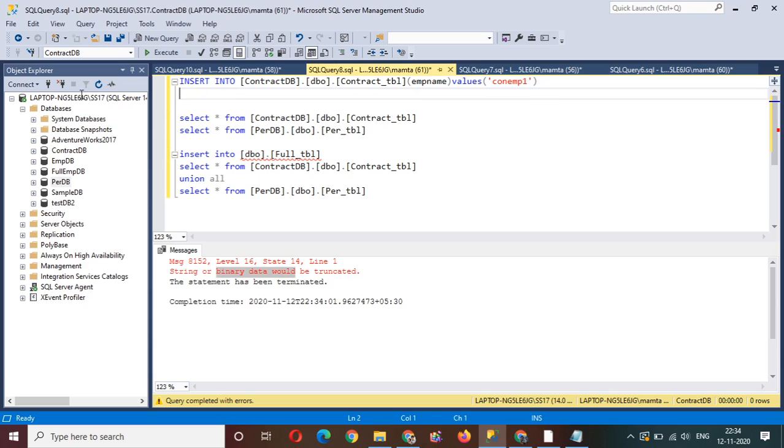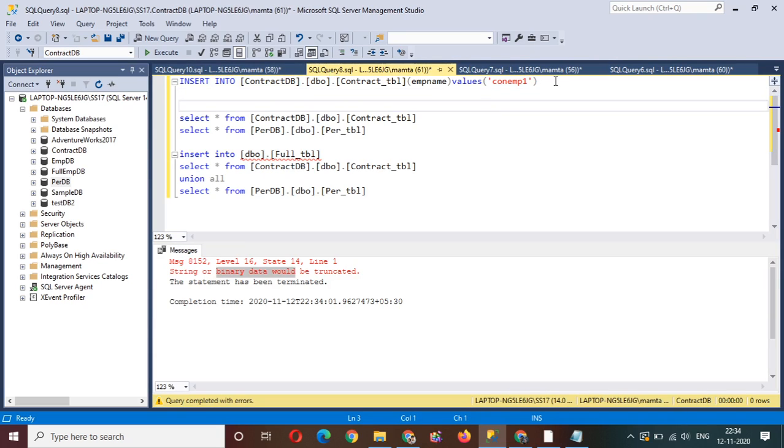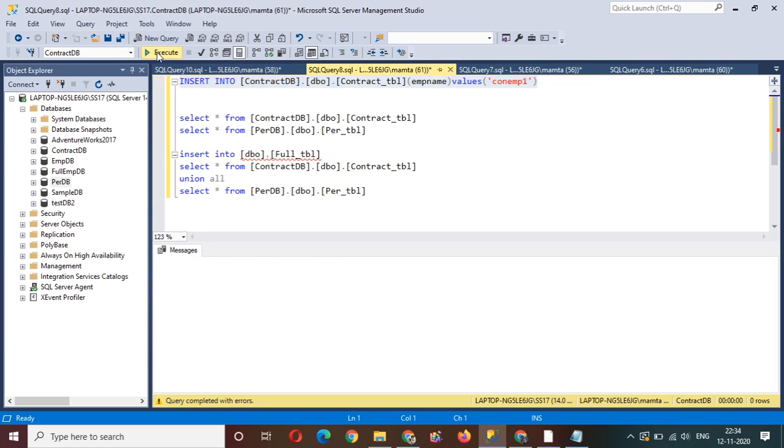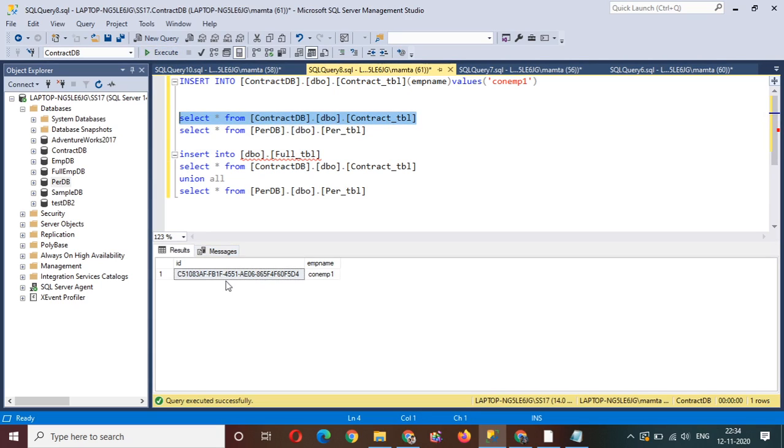Okay, so here, in the query window, select it, execute, one row affected. Okay, if you want to see the result here, see the ID is now, instead of 123, giving us this value. Now I'll insert a few more records here,